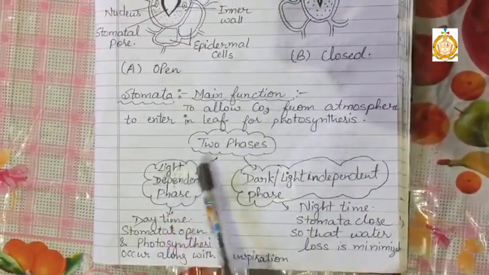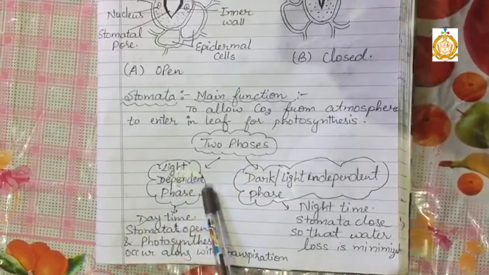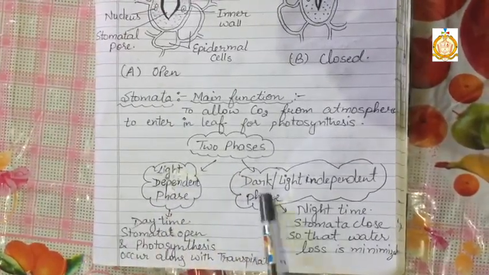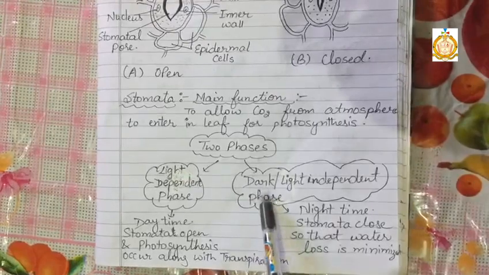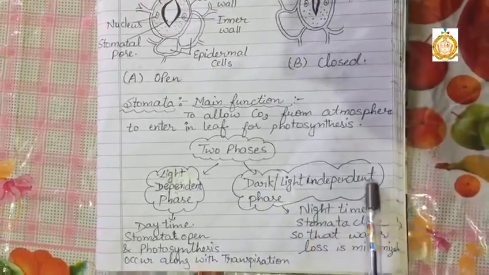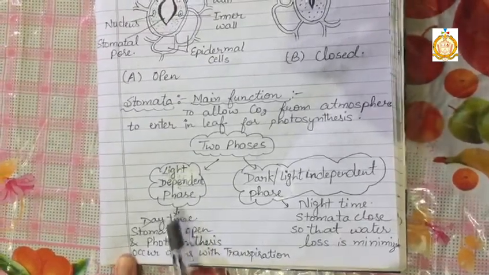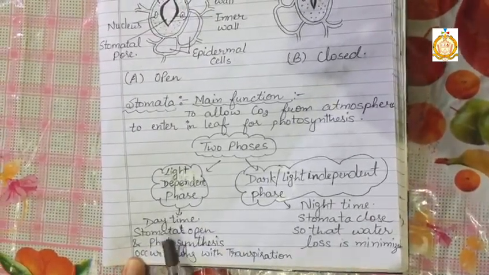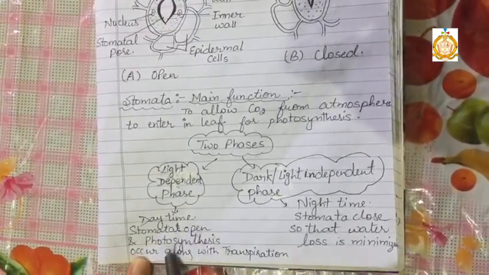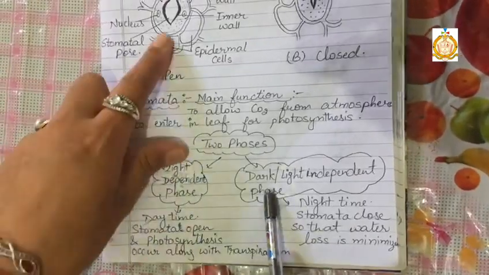And in the stomata two phases occur. The first phase is known as the light dependent phase, or daytime phase. The second one is known as the dark phase, or light independent phase. Now what do you mean by that? Daytime, the light dependent phase, means the stomata are open,